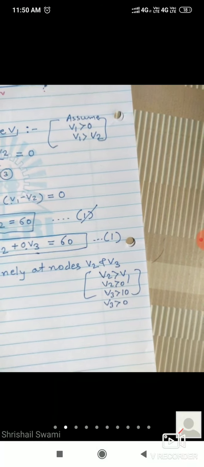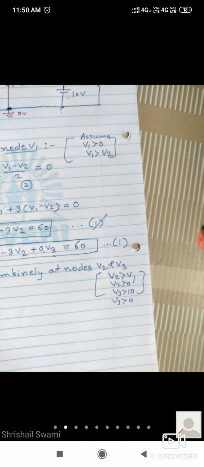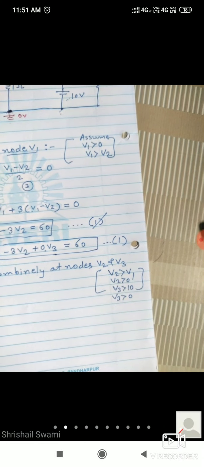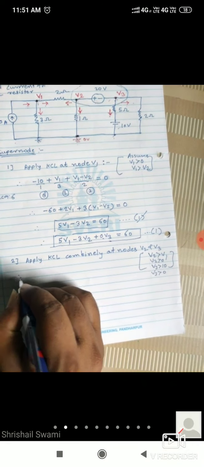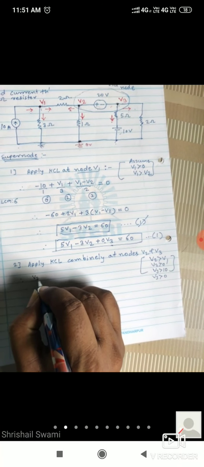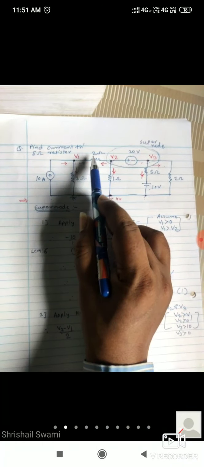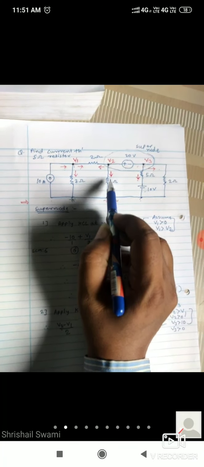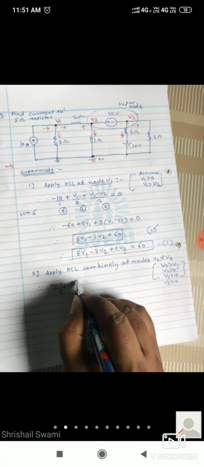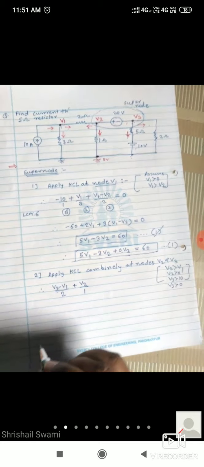So see the assumptions. V2 greater than V1, V2 greater than 0, V3 greater than 10 volt, and V3 greater than 0. So all are the positive current. So I will write equation V2 minus V1 divided by 2. So this one V2 minus V1 divided by 2. So for this branch,